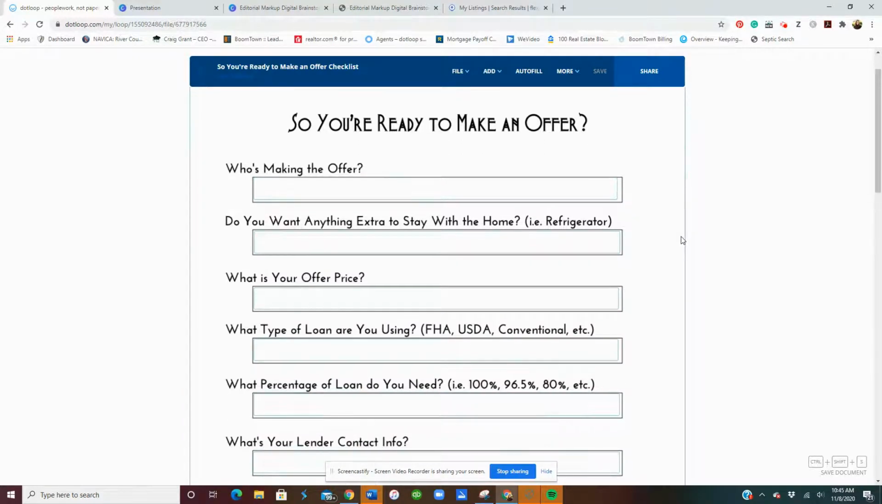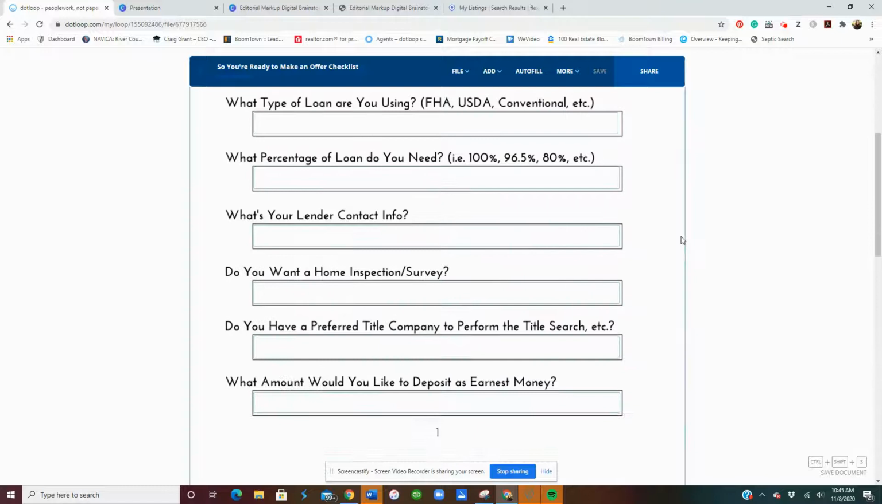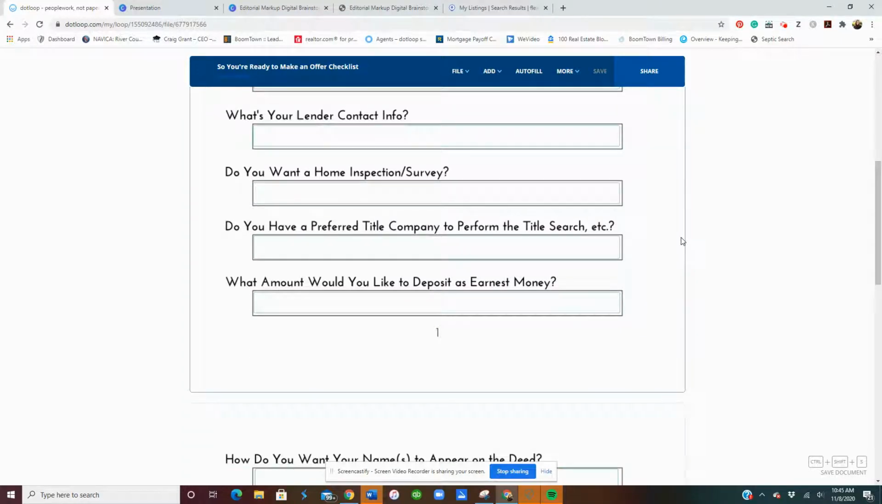Things that you might forget, like how much earnest money. Do they want to assume a lease? How their names need to appear on the deed. So all of that's in here. It's fillable through Dotloop, or you can print it and take it with you. So once that loop has been created,